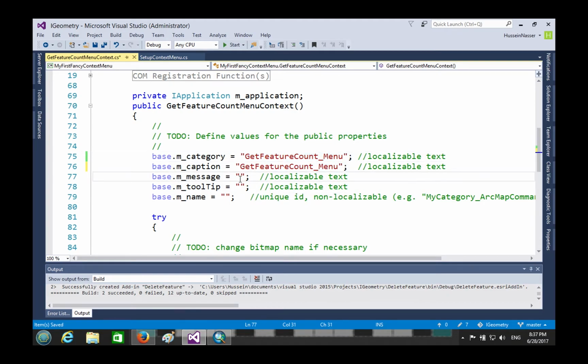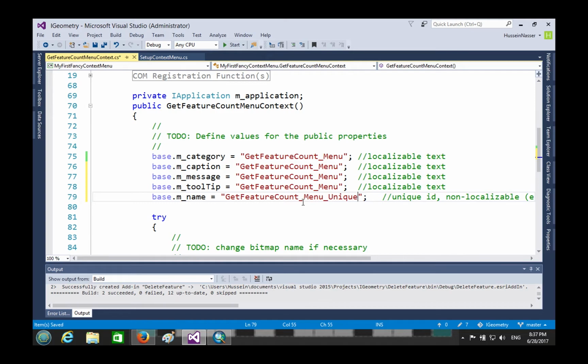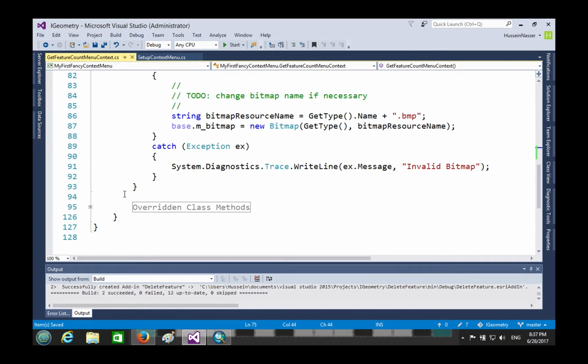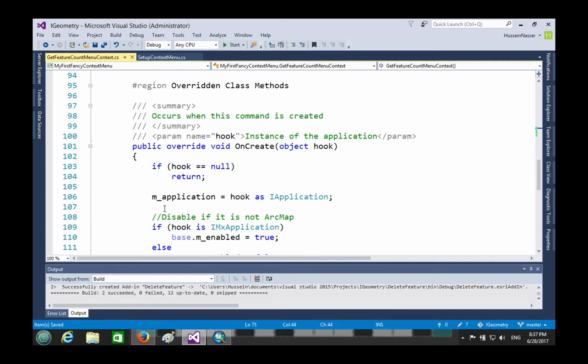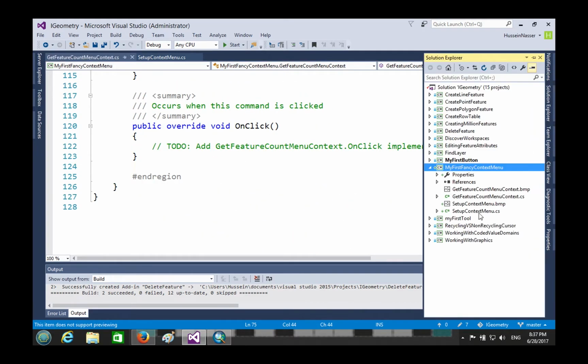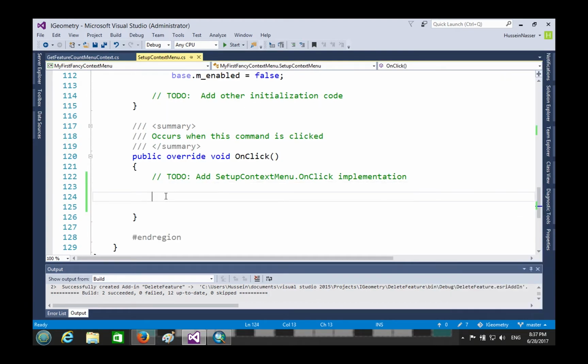Get feature count menu. And yeah, why not? So that's my command, and that's on click. So let's get to work. What we're going to do here is set up context menu. We'll get the document, and from the document,